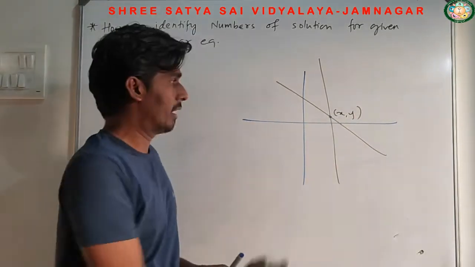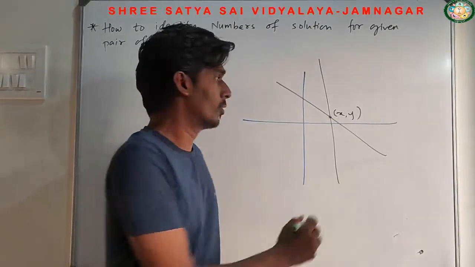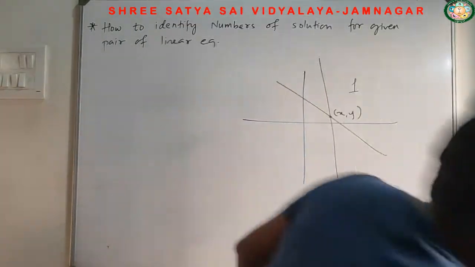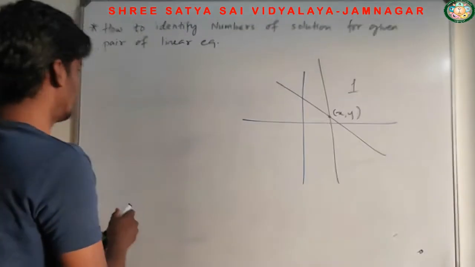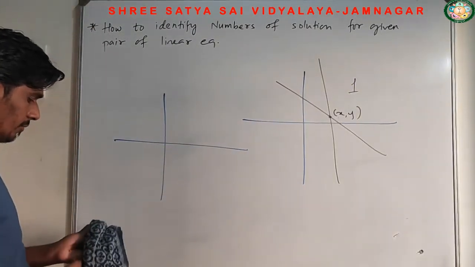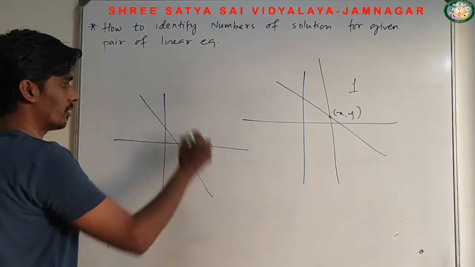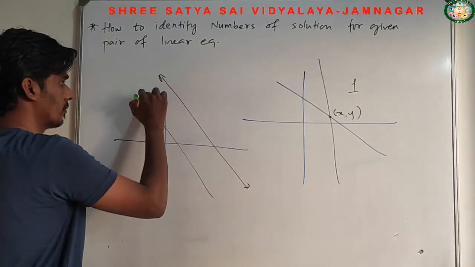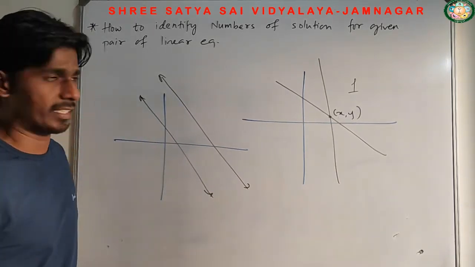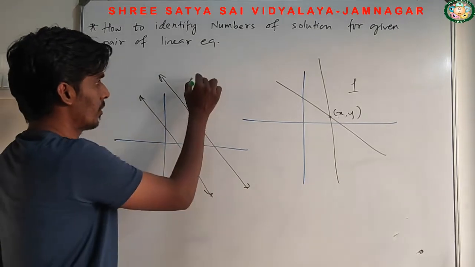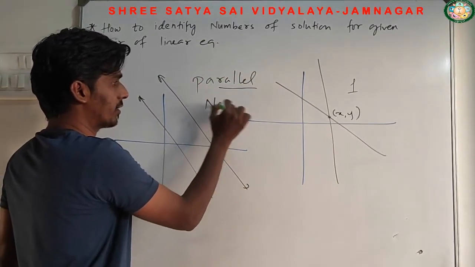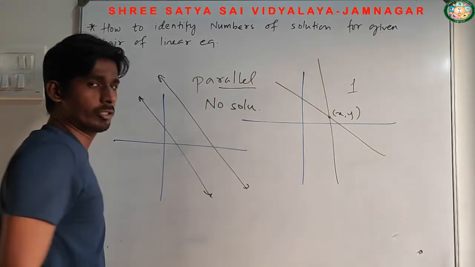इससे हमें क्या मिला था? As the two lines are intersecting at one point, we know that it has only one solution. And then in another example which we solved, we got two parallel lines, in which both the lines are not intersecting at all. If lines are not intersecting, or we can say if lines are parallel, it has no solution.